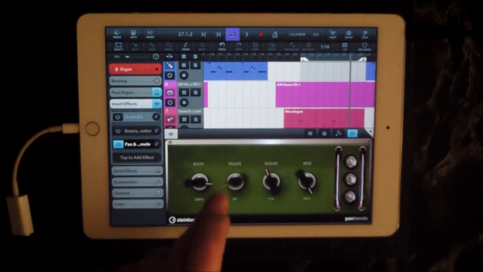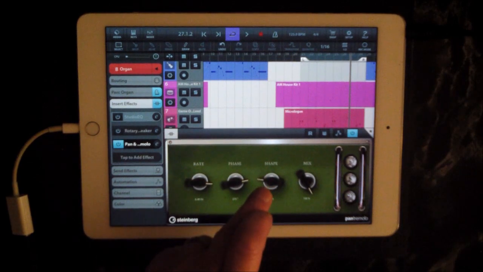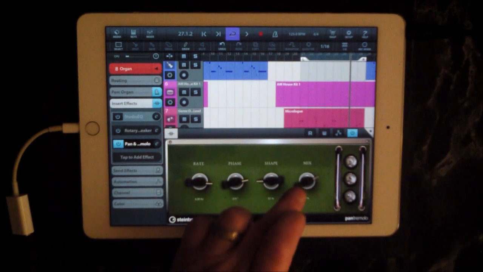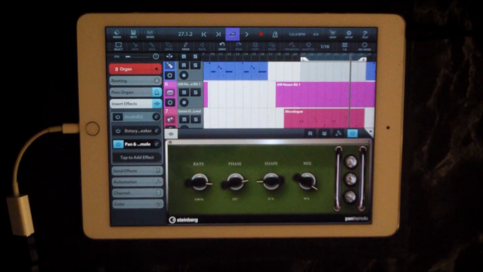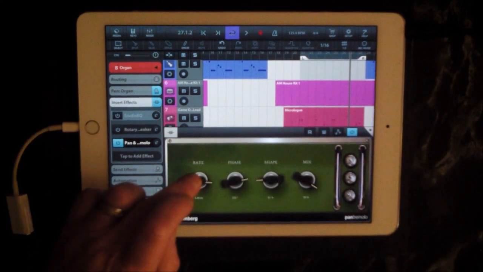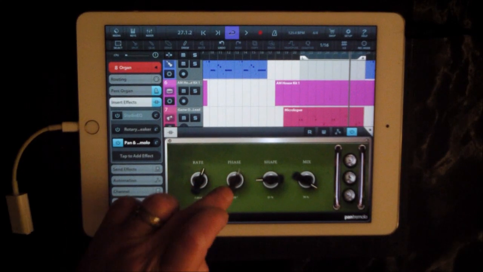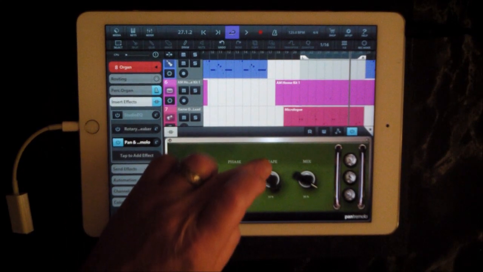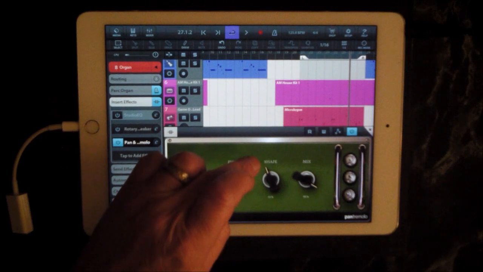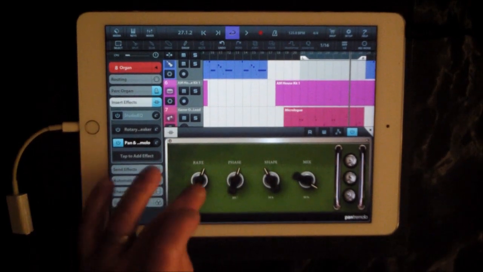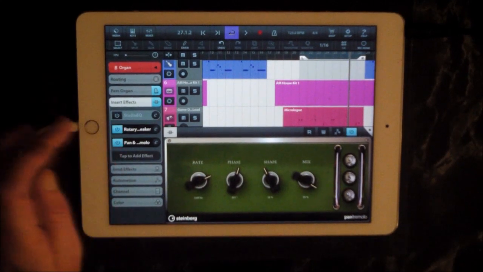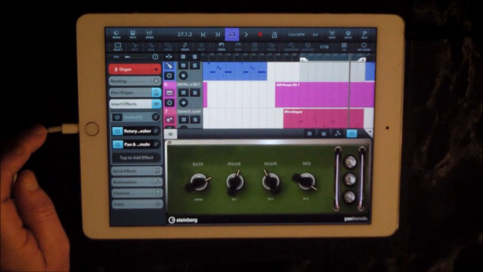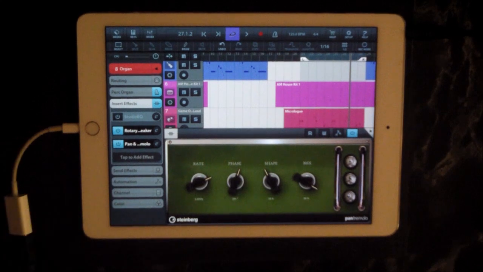The phase. We mix this with the rotary. You get some nice